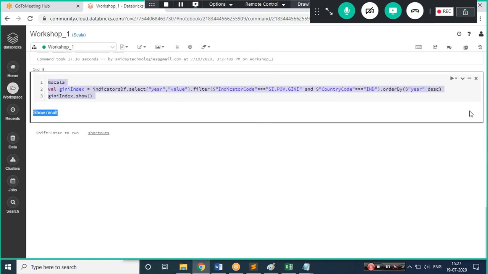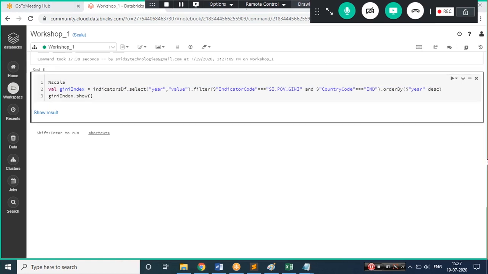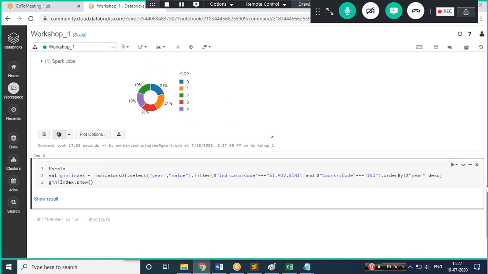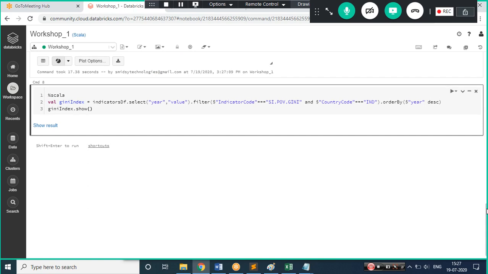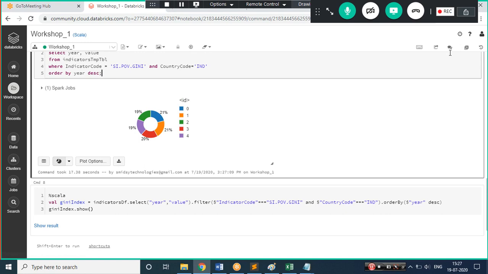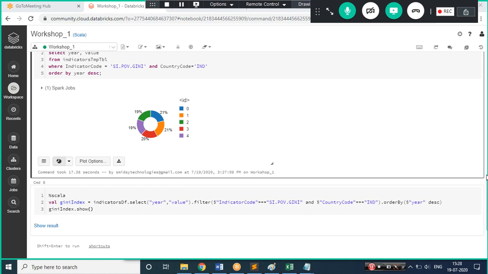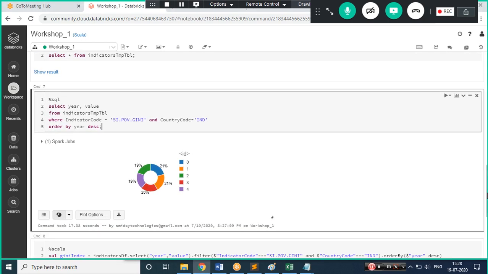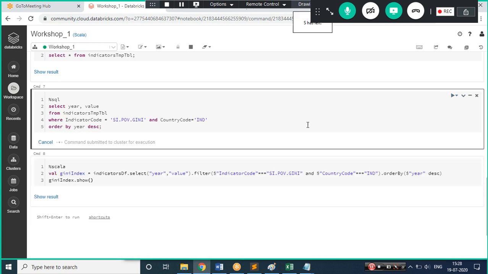Where did the code go? Did I delete it? No issues, we can just copy paste. I have already, this is somewhere. Actually, when I'm trying to record with two methods, it gives me issues while moving up and down. It is not giving me a proper cursor. Let me run this. Actually I ran my data frame twice, I did not run my SQL. This is giving me some trouble. Let me run this again and see the output of this.